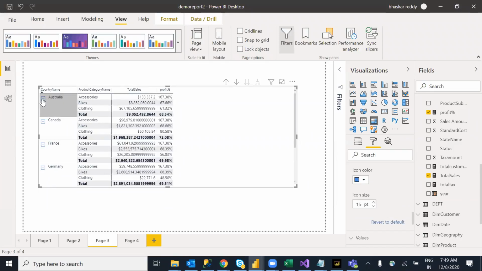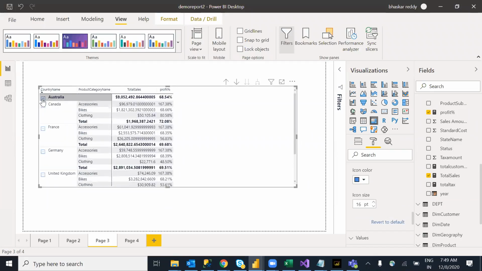For a better look, I can use a plus or minus. These are toggle buttons, and we can increase the sizes as well. Apart from this, the remaining properties remain the same as with the table: font size, background color, alternative color, outline, URL icon, word wrap, everything remains as is. It's the same thing, no need to discuss each and every time.